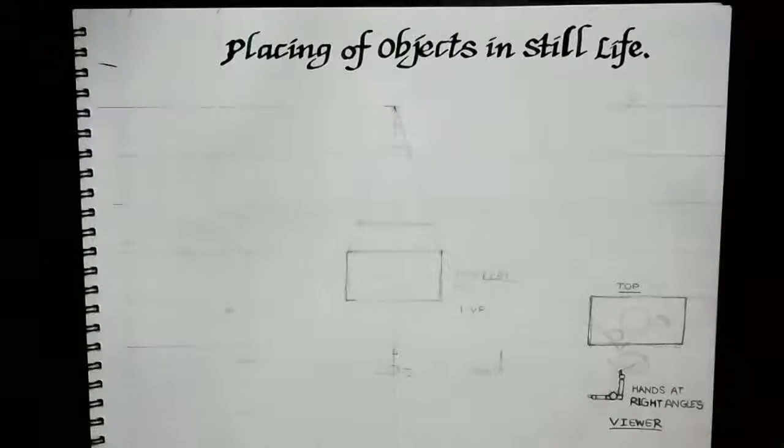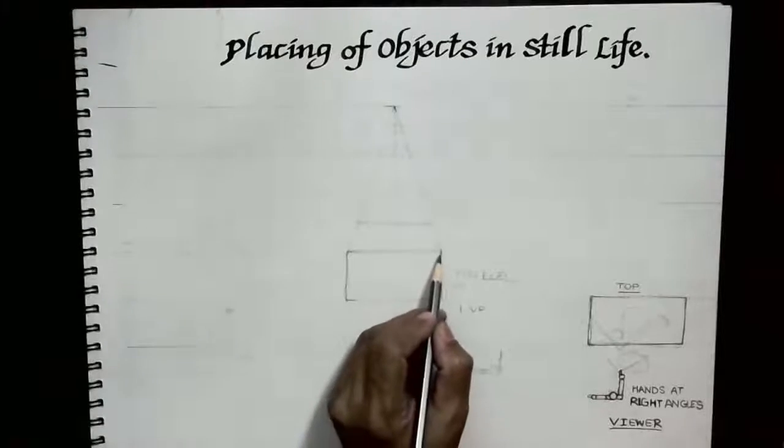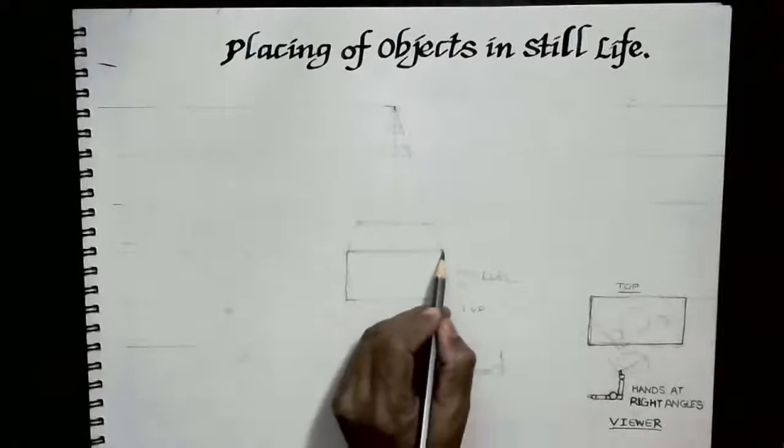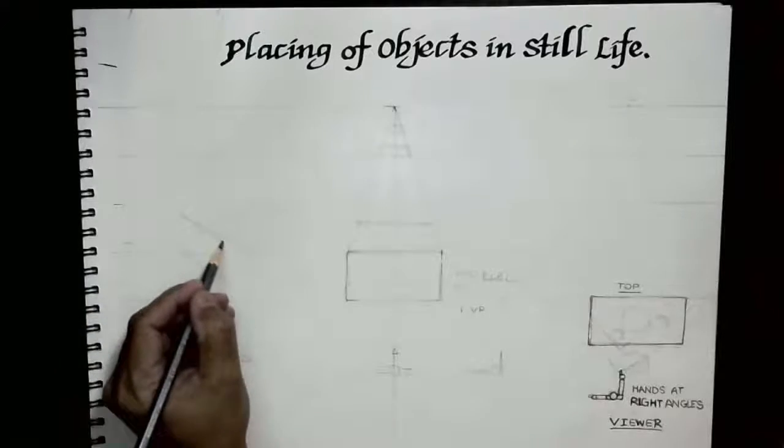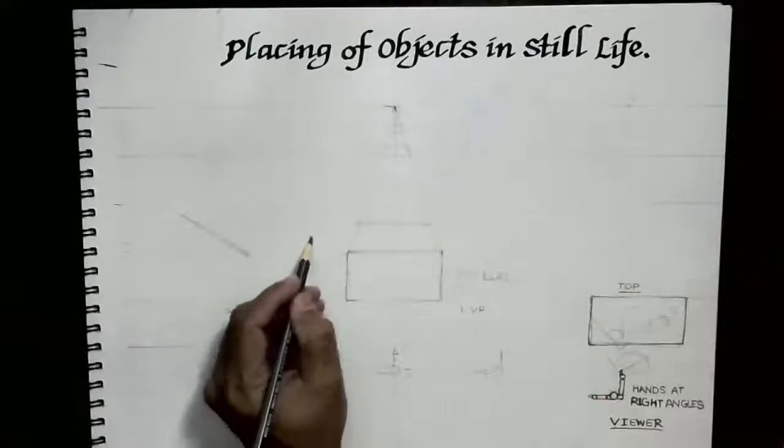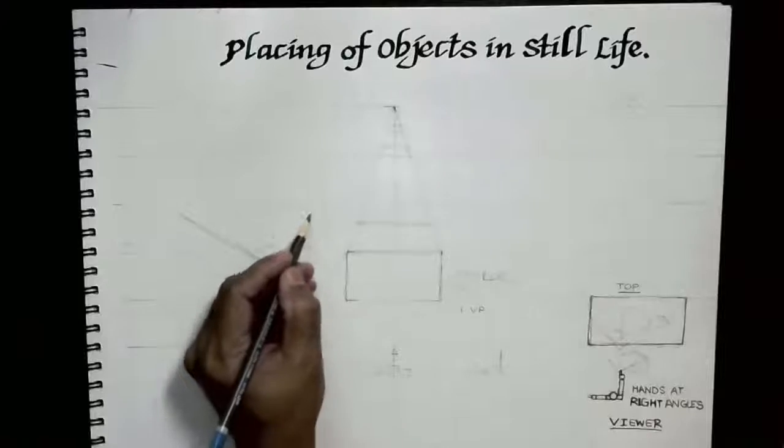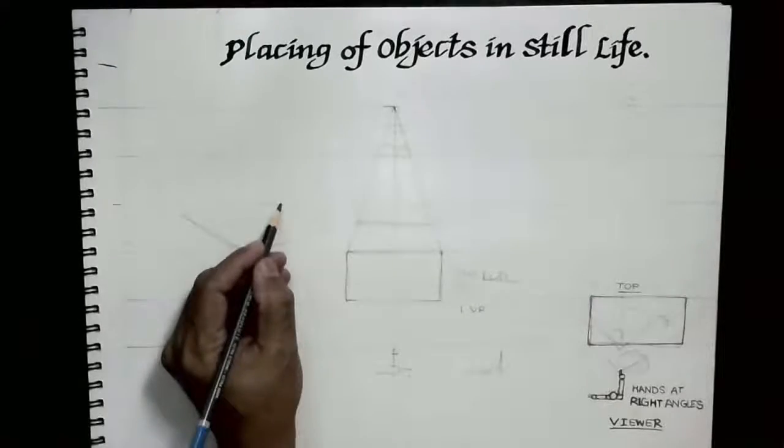You'll find that particular table or object is either parallel to your body like this, or is angular, like this, angular to yours,